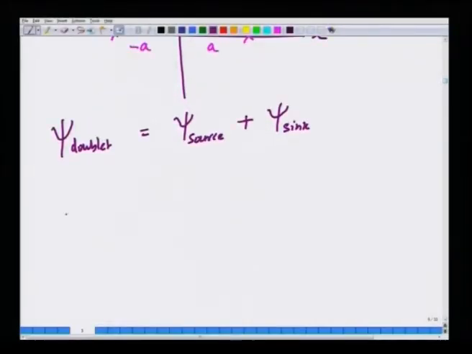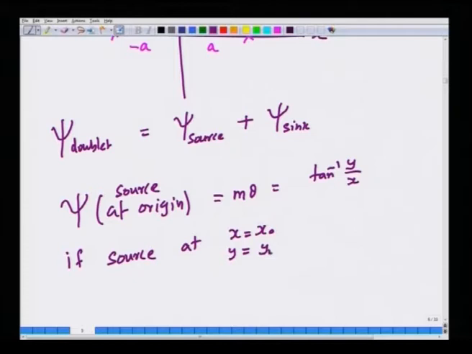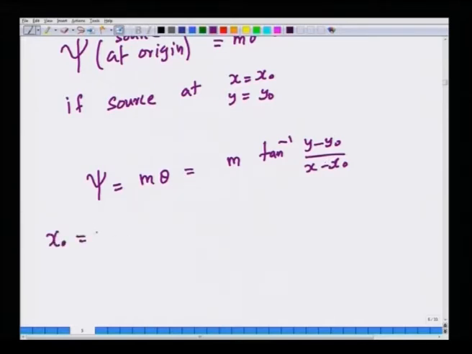Now, we know that if the source is at the origin, psi is m theta, where theta is tan inverse of y by x in terms of the Cartesian variables y and x. If the source is at any location, x equals x naught, y equals y naught, then we can write psi equals m theta, which is m tan inverse of the distance from the source, which becomes y minus y naught and x minus x naught. Okay. In this problem, x naught is